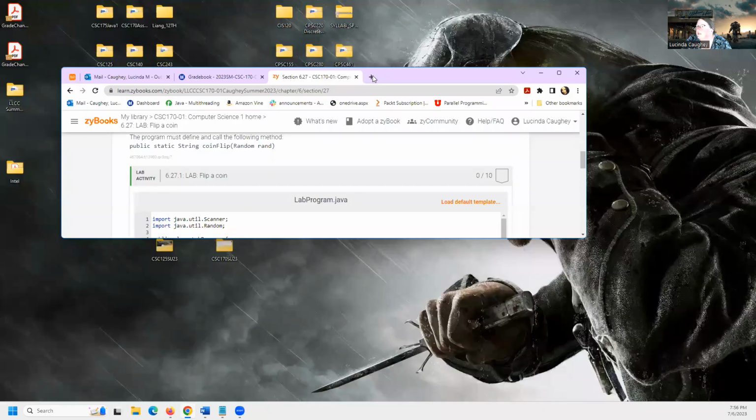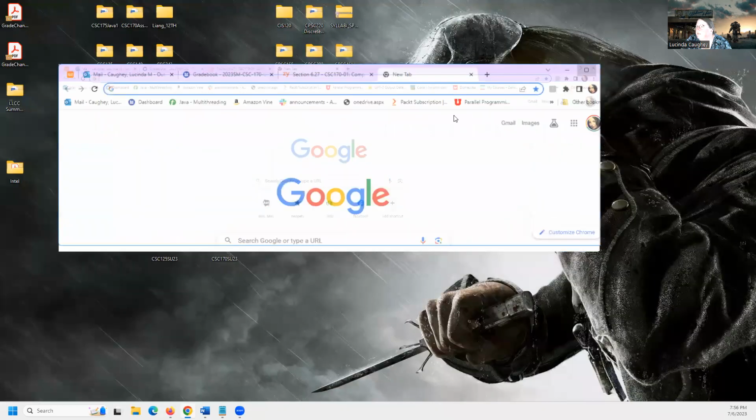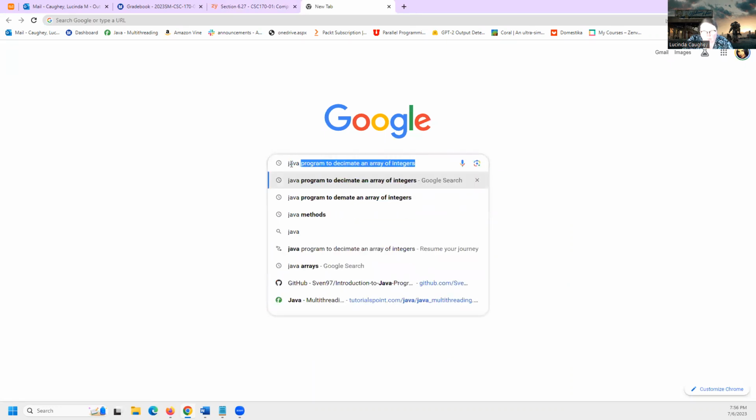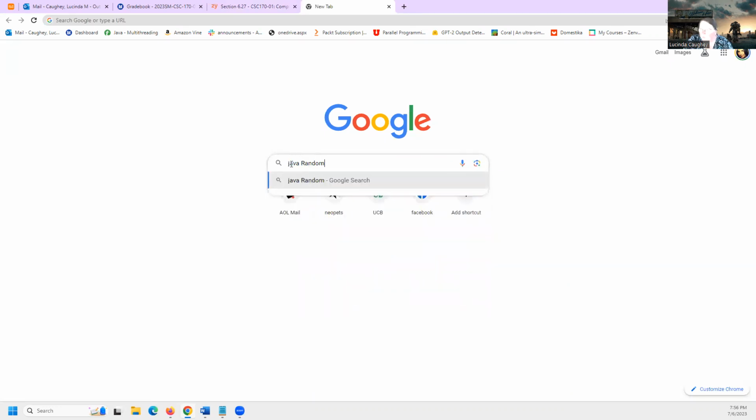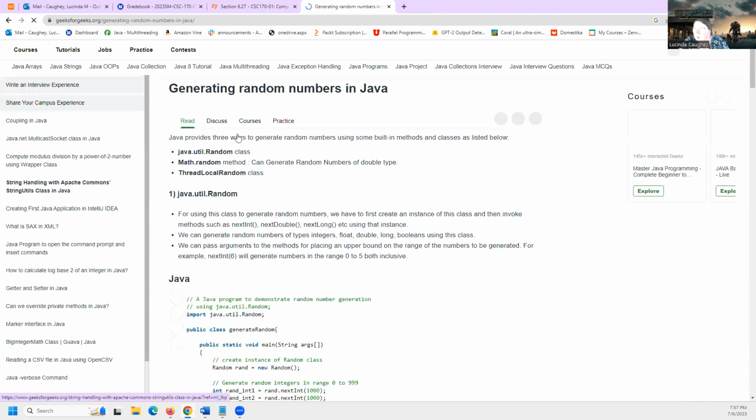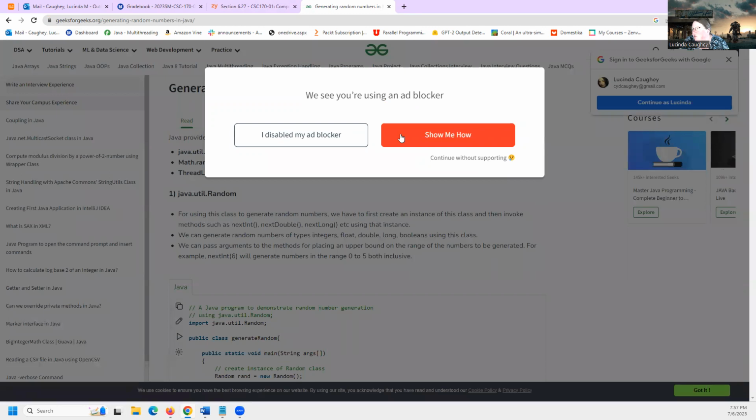I've got my bar up there, so I can't see my tabs. You can always look for Random. And even some of these other things will show you how to. GeeksforGeeks is good. Tutorials Point is good. They'll actually show you examples on how to generate